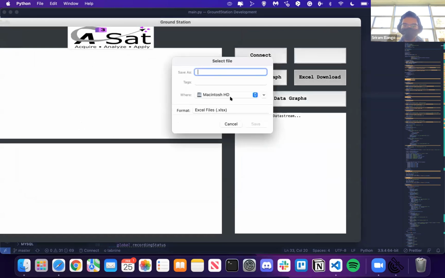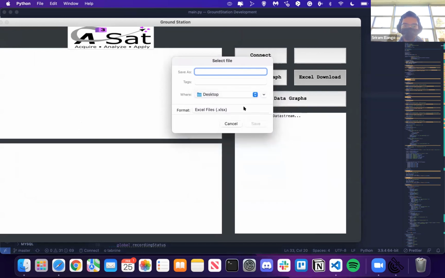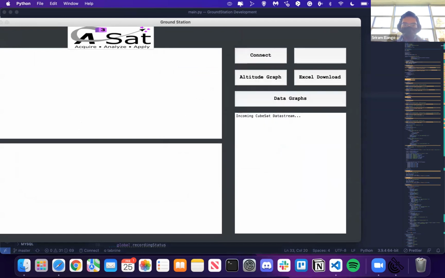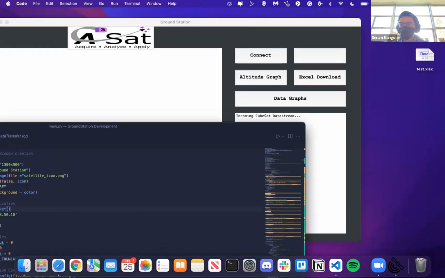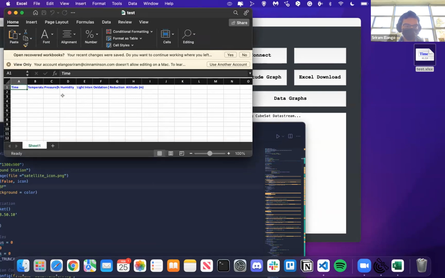And then let me see if I can show the Excel file. Once you finish streaming in all of the data, you can just stop it and then download the data at any point in time as well. It'll log all the data there. So, desktop. And then you can see the file here. By allowing students to obtain the data themselves and see the graphs in real time, they're really able to apply their data analysis skills.